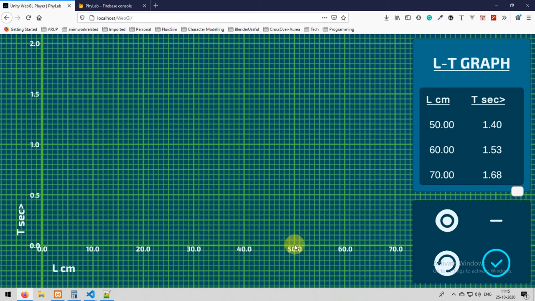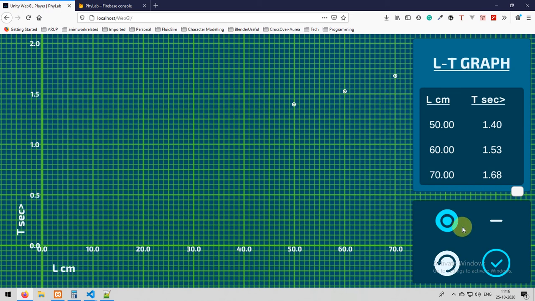so let's place all the values. I will try to place. For 50, 1.4, for 60, 1.53, so 1.5, 1.55, so in between 1.5 and 1.55.